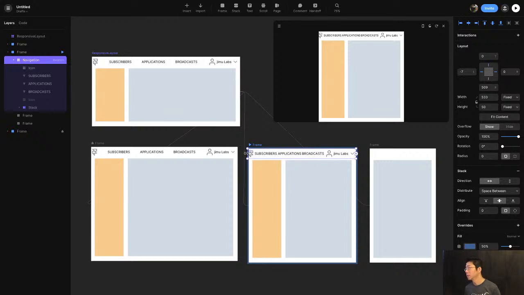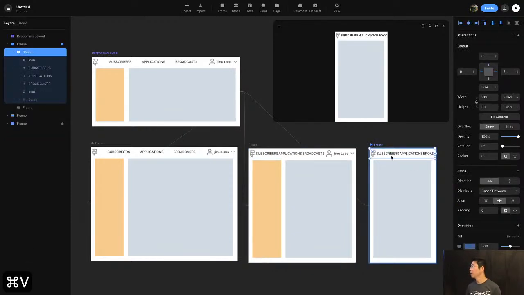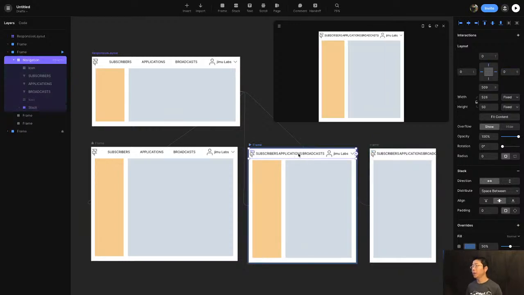Now let's change select to 0. Okay, that looks better, and also for this frame as well. Okay. Left 0, right 0, and the nice thing about this is that